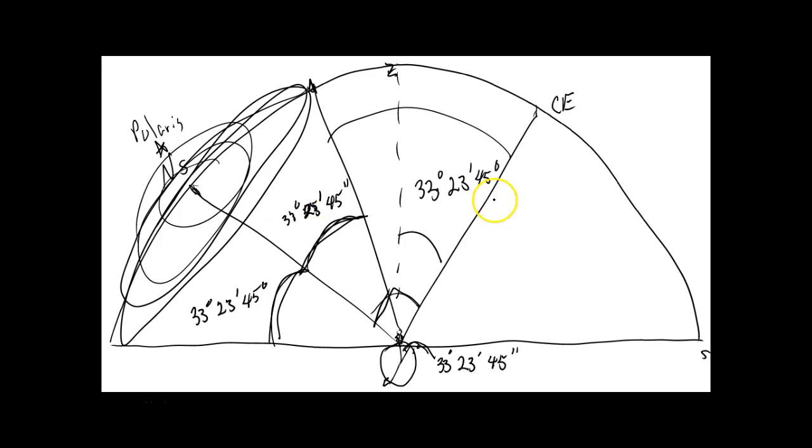So let's subtract that. Now I'm going to show you the easy way to subtract. You're subtracting from 90, so I'm actually going to do 89 degrees, 59 minutes, and 60 seconds. Because 60 seconds is 1 minute. Add 1 minute to 59, you get 60 minutes. 60 minutes is 1 more degree, so that would be 90. So subtract from that 33 degrees, 23 minutes, and 45 seconds. What does that leave you with? And since I have all big numbers on top, except for 1, it's pretty easy to subtract. This would be